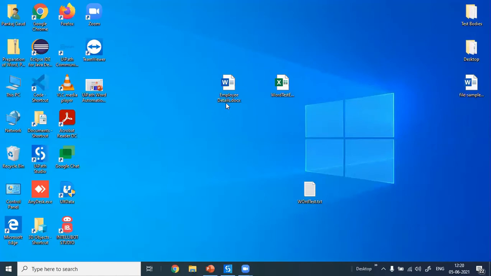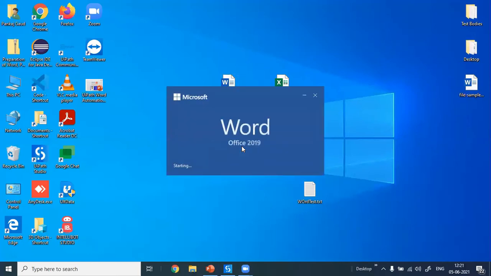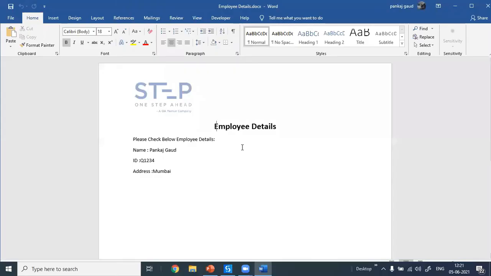I'll show you in the Word application. You can see the name is Pankaj Gaur, and the ID and address have been updated. So we can format it easily and work with that.